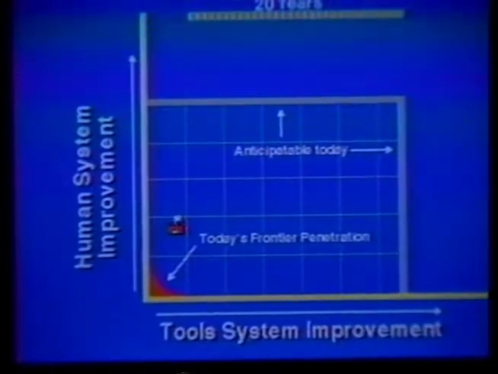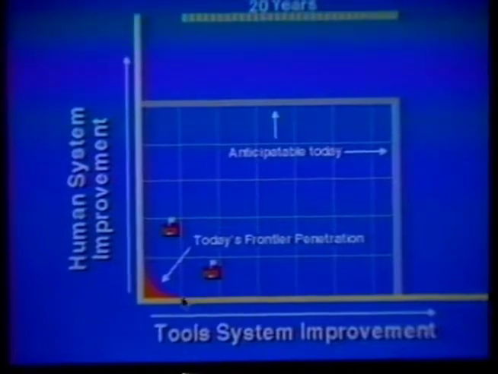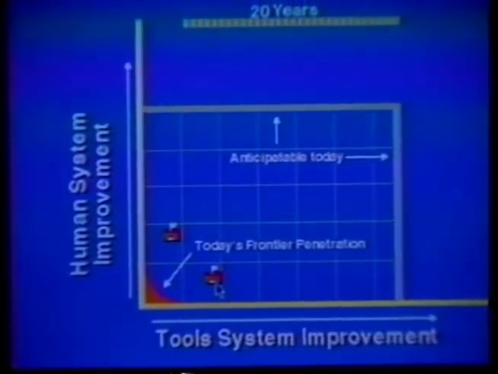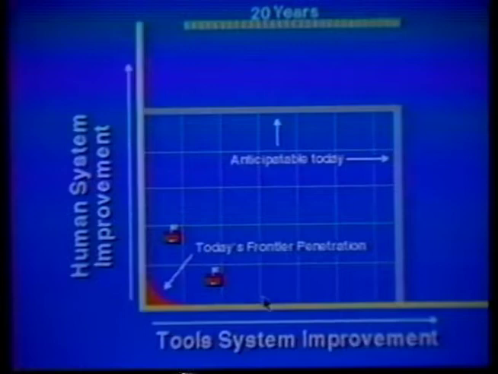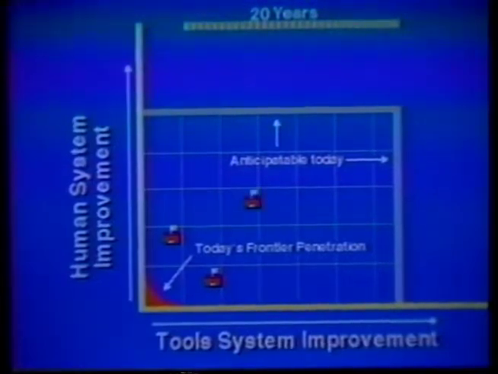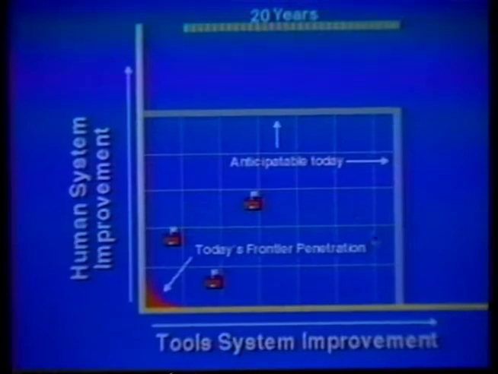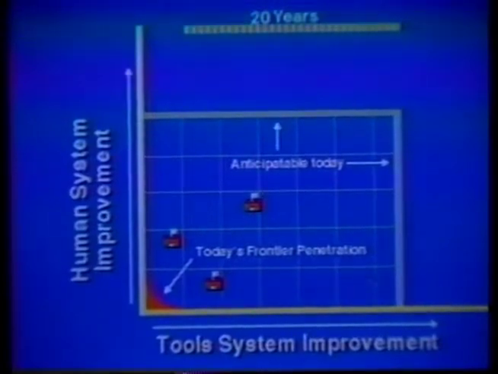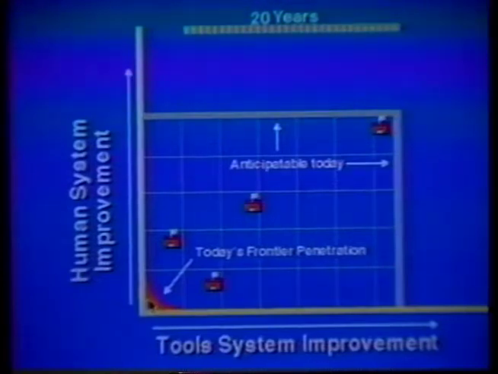So he says, well, all right, where would you like to go? Would you like maybe a frontier here that's higher dramatic technologies but not so much change in the human system side? Or would you say, well, let's get farther out into the frontier out here, or let's just be really dramatic and get something way out here? So in some way, we need to explore that,